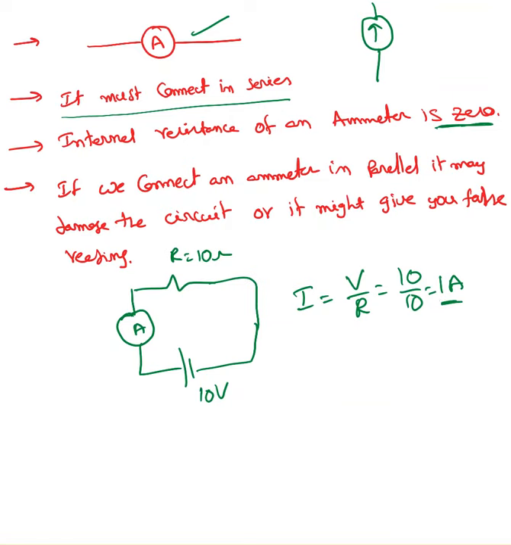So theoretically, the ammeter's resistance must be equal to 0. Practically, it might have a very small resistance. So the internal resistance of an ammeter is 0, and it must connect in series because the current always flows inside of the wire. To measure how much current is inside of the wire, we need to connect it in series. Now, if we connect an ammeter in parallel, it may damage the circuit or